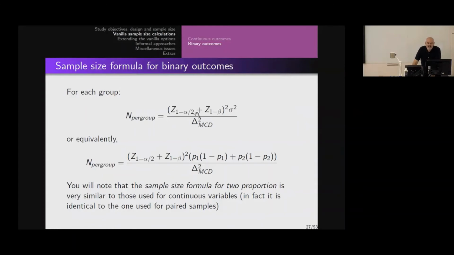So here is our sample size formula for our test of proportions, our 2 proportions, a binary outcome, 2 groups. There it is. To spell it out in full, there it is there. And it looks exactly the same as the paired t-test formula. It is exactly the same, except how we calculate these values are a little bit different.